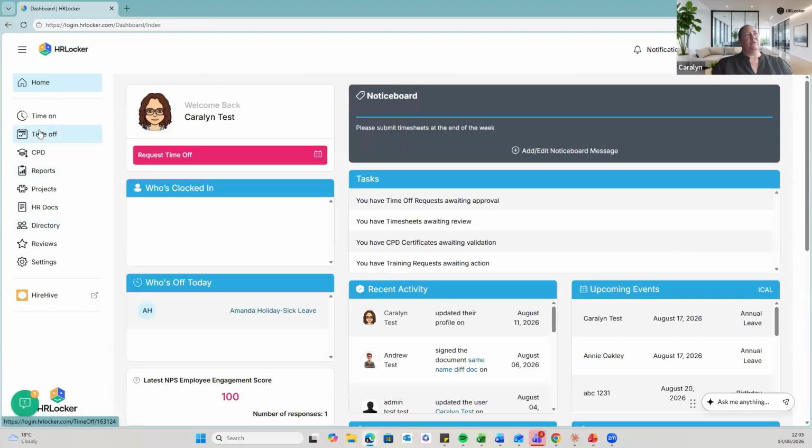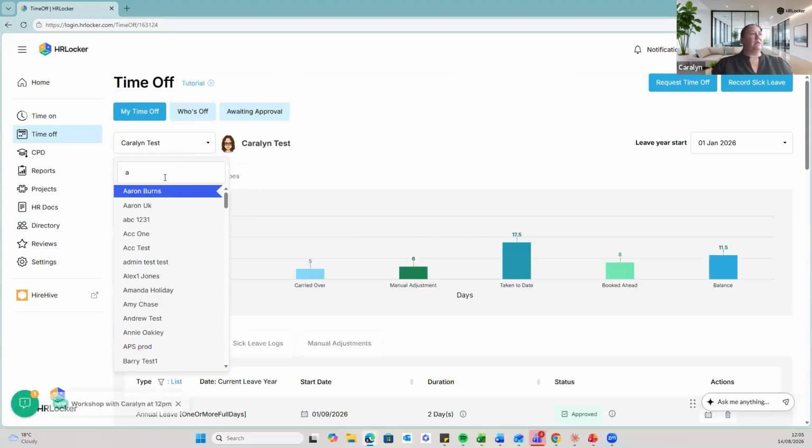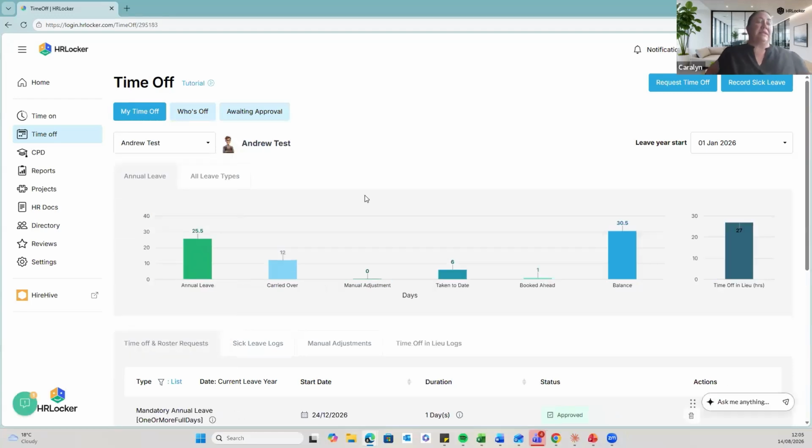So if Andrew wants to record sick leave, the only option that he has is this sick leave. Okay, so he can book sick leave. He can attach a cert. Okay, and that's great. We want them to have a cert. And that's good. I'm not going to book it because he has a lot of sick leave right now,